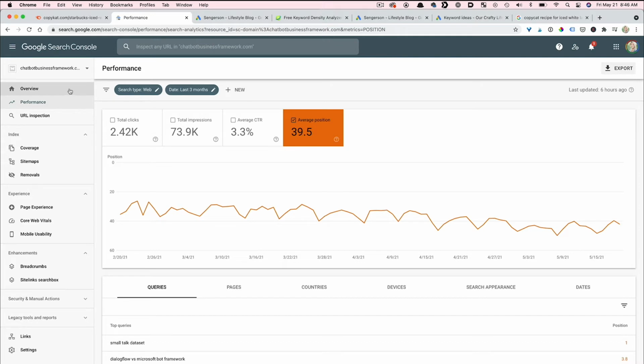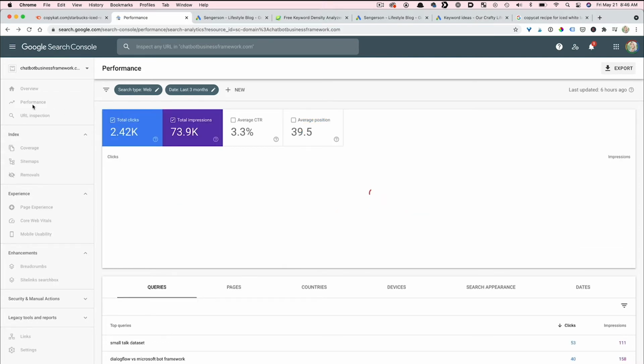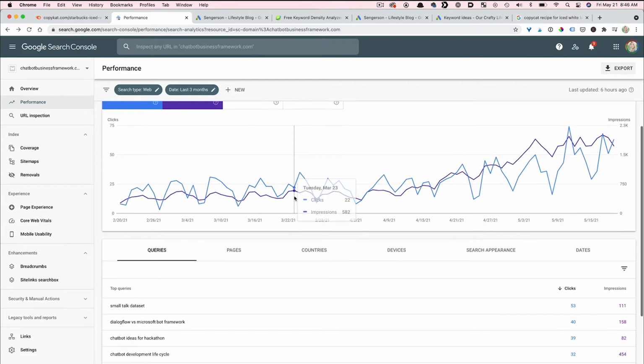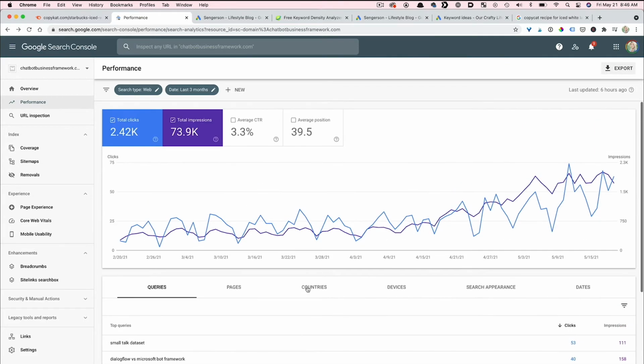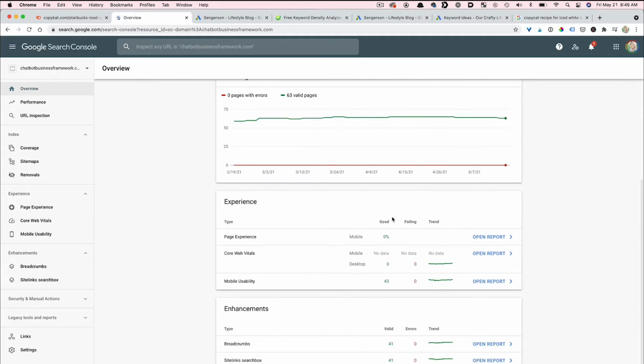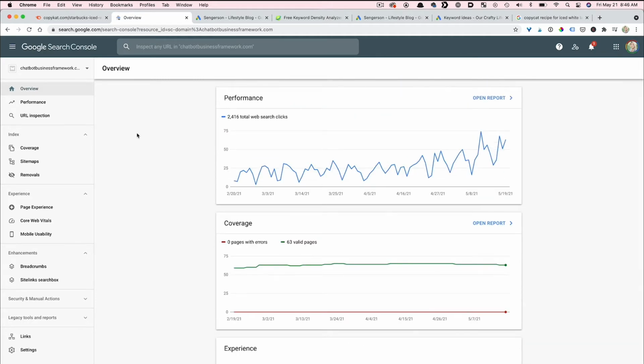So the only thing that I actually look at, there's two things. First off is performance. If my site's set up pretty well, performance is where I go in, and this allows me to see the keywords that people are searching for on this blog. When I go in here, I actually skip the overview tab because it doesn't really tell me much that I can do, but the tactical stuff is all in the performance section.